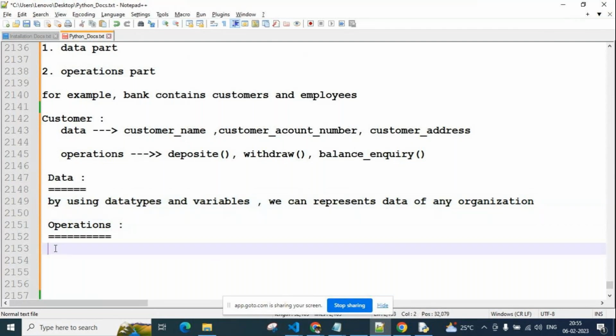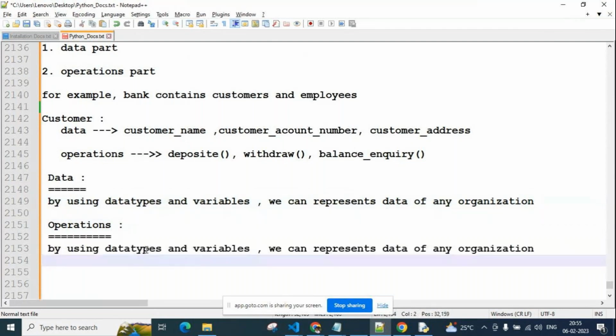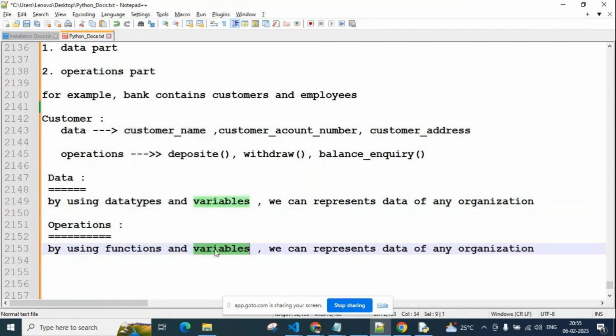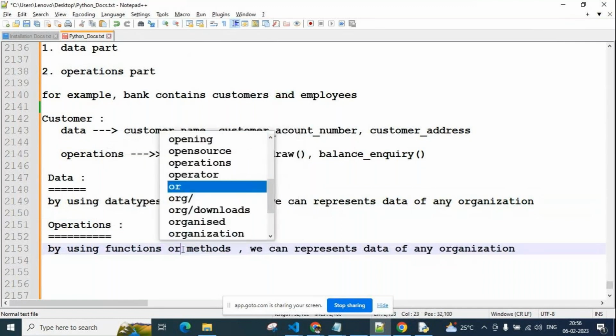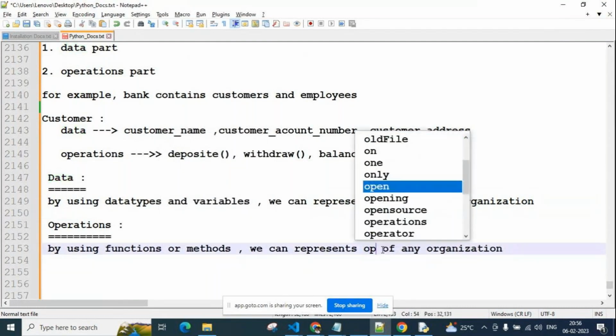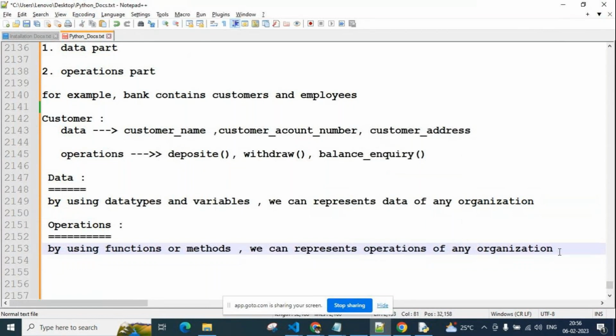Simply you can see here, by using functions and methods, or by using functions or methods, we can represent operations of any organization. So one particular organization's operations, which are nothing but actions, we can represent using functions or methods. In Python, how we write functions, how we write methods, that is important.